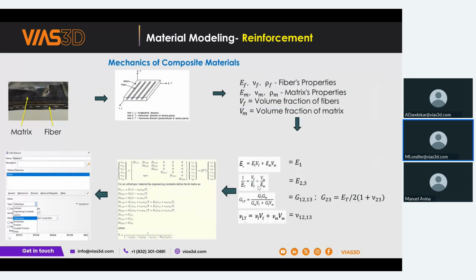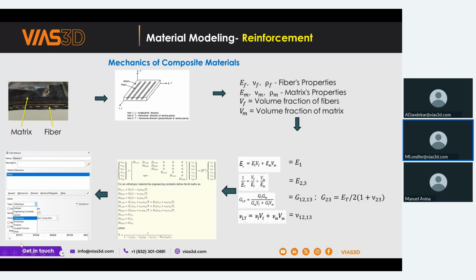The next property of the tire is the reinforcement. There are two options when you define the reinforcement. First is the mechanics of composite materials. Here you can find the equivalent property based on its constituents, like the fiber properties and the matrix properties, and based on that you calculate the equivalent properties for the given composite lamina. You can put that property in an orthotropic material, or you can assume it is fully anisotropic.